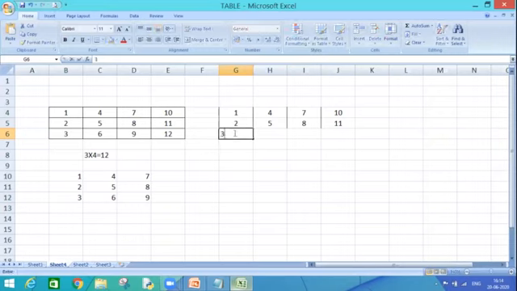Next row, 3, 6, 9, 12. So where is the difference? MS Excel provides both ways: you can enter your data either vertically or horizontally. But HTML only provides a way to enter the data horizontally. We cannot enter the data vertically in HTML.